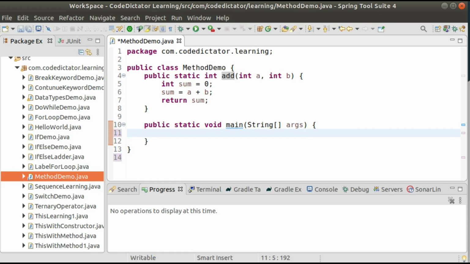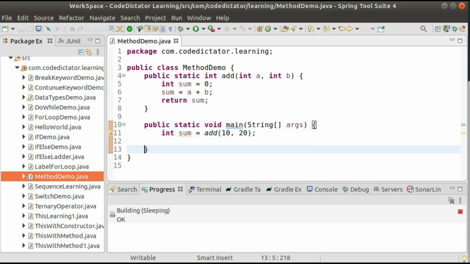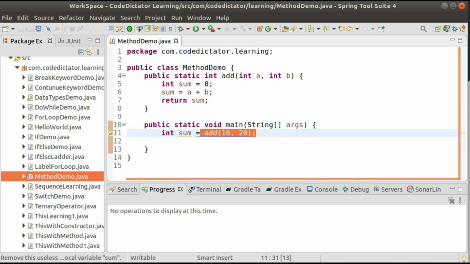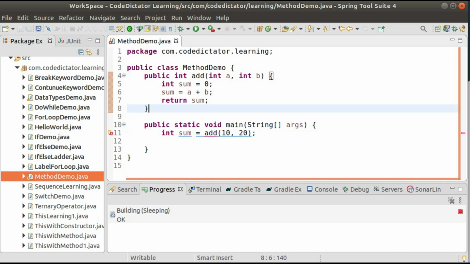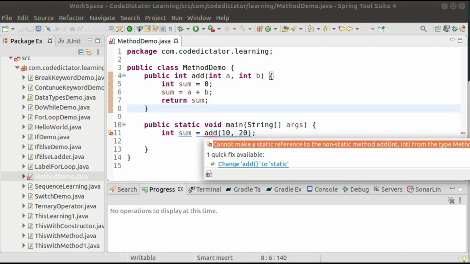So simply I'm going to call that method. int sum equal to add, and I'm going to pass two parameters, 10 comma 20. Here it is. Without creating any object, I'm calling my method. But notice one thing: if I remove this static keyword, what will happen? Let's see. Now I'm getting one compile time exception. That exception is